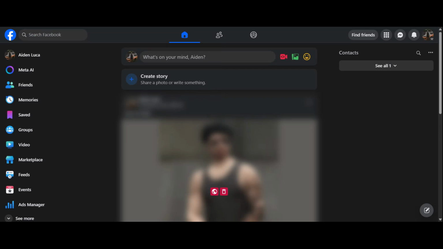If you want to change your Facebook profile picture without losing likes, this video will walk you through the easiest way to do it step by step. This is a really useful trick if you want to update your profile photo, refresh your look, or switch to a new picture while keeping your existing engagement as much as possible. So in this tutorial, I'll show you exactly what to tap, where to go, and how to save the change